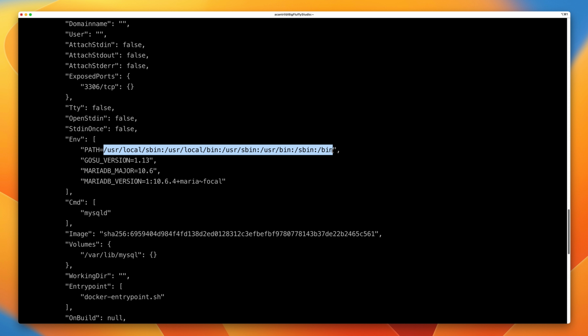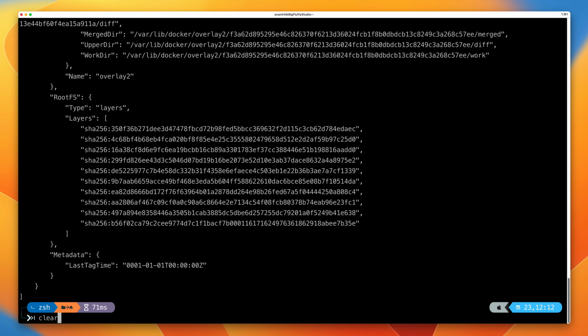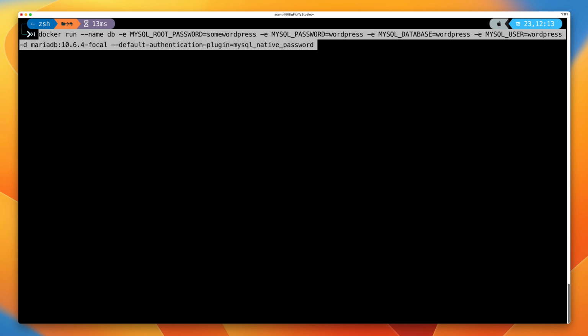What we're going to do as we run a container from this image is specify a number of other environment variables, and these are important because they'll be used to configure the MariaDB database engine. So I'll clear the screen to make it easy to see. Now, environment variables are key value pairs. You specify the name of the variable and a value. Now, convention when using the Docker command is that environment variable names are specified in all caps, and then you have the value. So take this command for example.